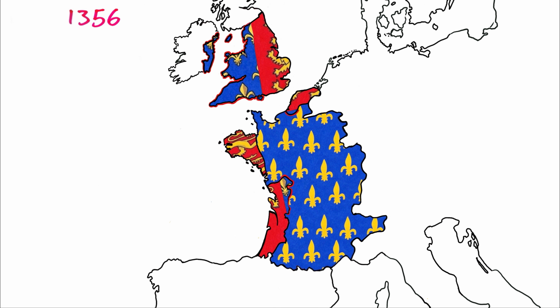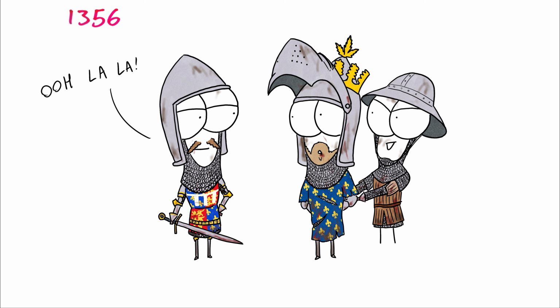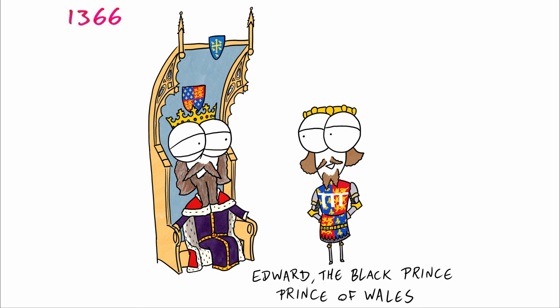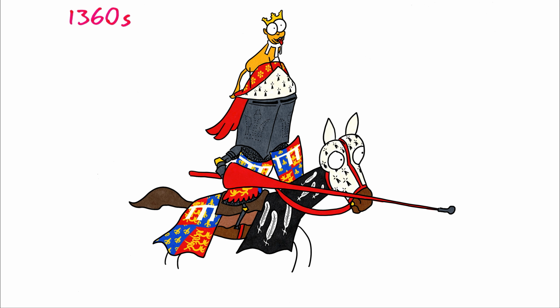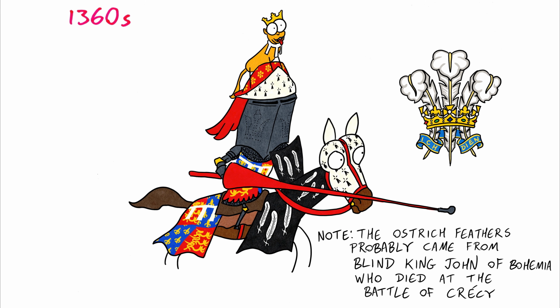Edward's son and heir, Edward of Woodstock, led a force back to France, winning victories, territory, and capturing the French king. This led to a peace treaty securing English territory in Aquitaine, initially having Edward renounce his claim to the French throne. Prince Edward would gain the reputation as a fierce, chivalrous knight, gaining the nickname the Black Prince. In jousts, he used the motif of the 3 ostrich feathers, a badge still used by the Prince of Wales to this day.